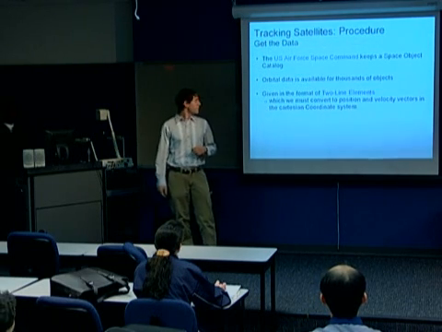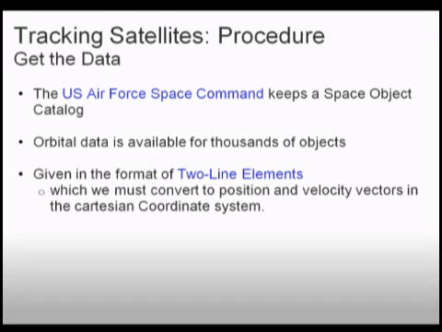We get our data from the Air Force Space Command. They keep a space object catalog. They provide data for thousands of objects, and they update the database every couple minutes. I don't know exactly, this is something I do want to find out, how often they update an individual satellite. But I know they update the database every couple minutes. It's given in the format of two-line elements, which is